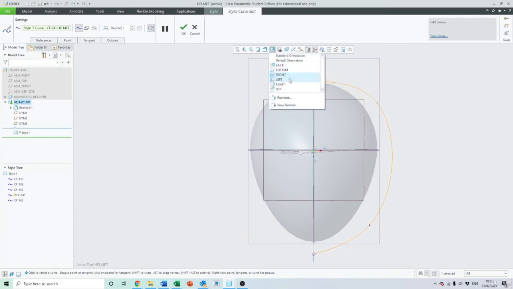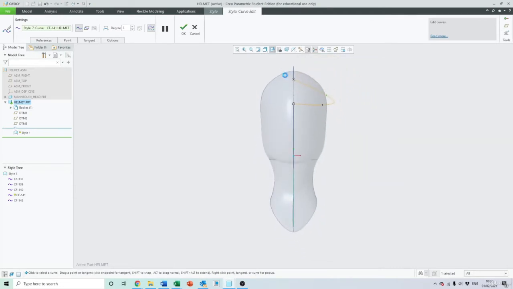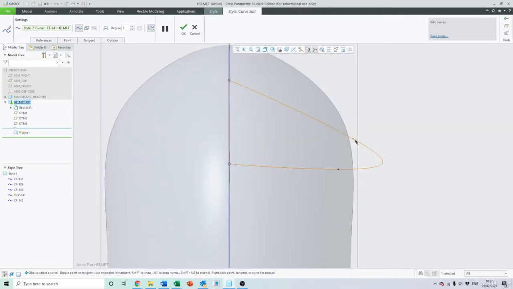And let's now change to front view. Okay, and I'm just going to again start repositioning these points to get a general trajectory of the outside of our helmet. I'm going to click both of our outer points here, and with our drag handle,